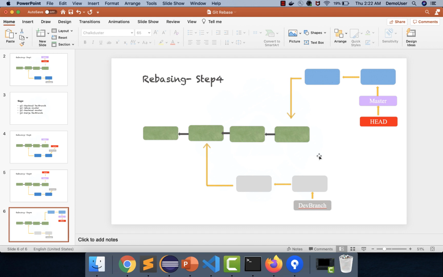And the old commits that are present over here will be discarded, and they will go for garbage collection. And these newly created commits will start pointing to the last commit of the base branch. In our case, it's master. The pointer of master and the head will move to the last commit of the newly created commit series.